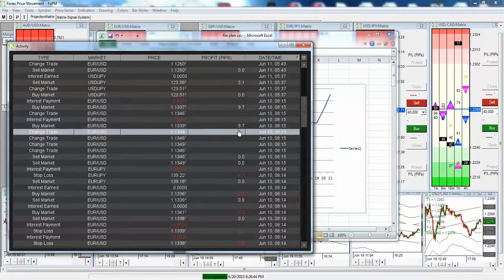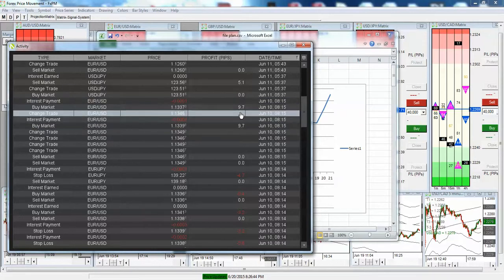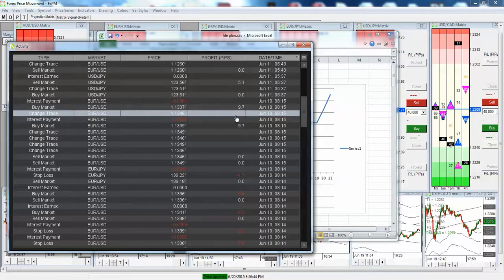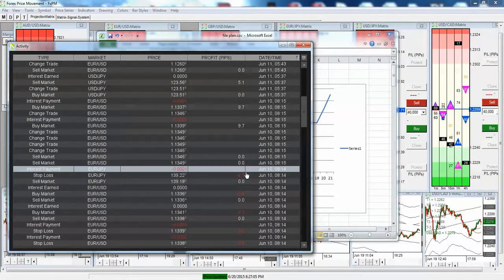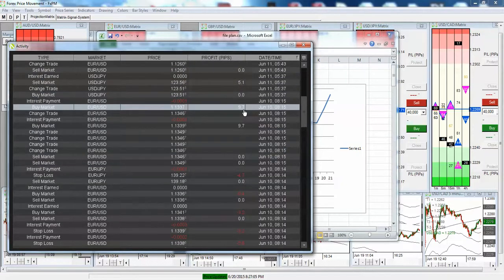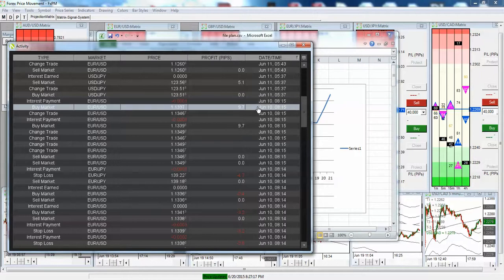I got 2 trades right here. These are 2 trades that I took, and I closed them out at the same time for just about 20 points. And it made up for these small losses. And that's what a lot of traders don't understand, that when they get up to their 4th, 5th loss, most of the time, if they would have followed their system, that 5th, 6th time would have been the winner that would have made up the losses plus a little bit more to keep you in the game. And if that makes sense,